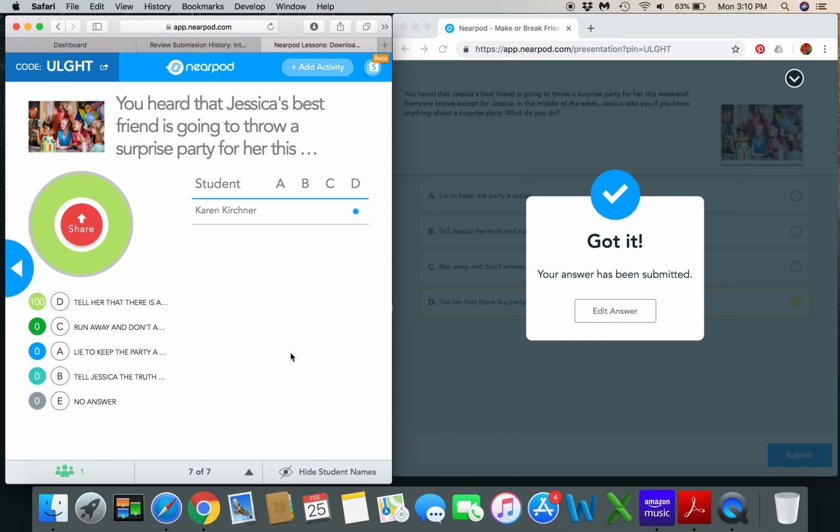So after this lesson, we would definitely want to discuss with the students their answers to the poll, answer any remaining questions that they may have from the quiz. If there were quite a few wrong answers on a particular question, obviously we would want to go back and review that question and the principles behind it. But other than that, this is fairly straightforward. Students can interact with each other after the fact, maybe practice different scenarios. Anything else, Karen? Nope, that's pretty much it. Nearpod is a handy tool, especially when you have to get a substitute involved, and it's really great to have this kind of technology available in the classroom.